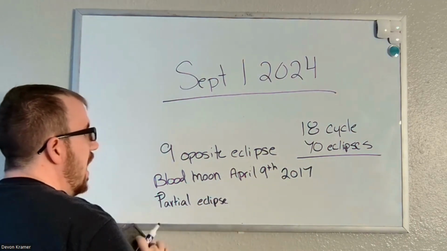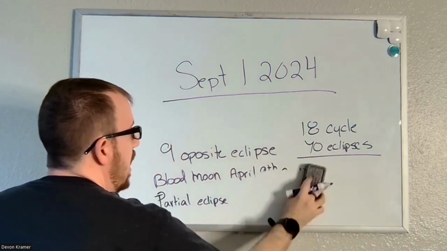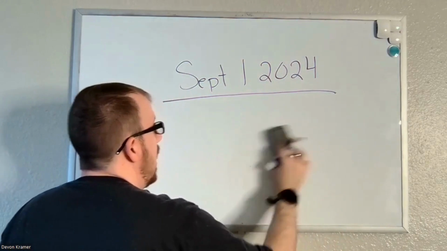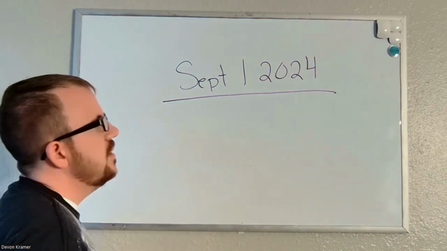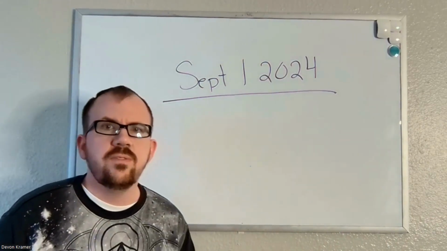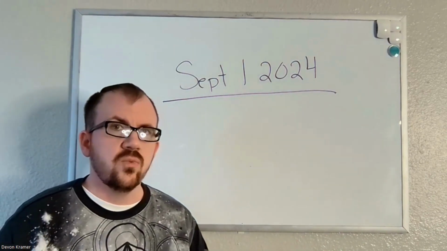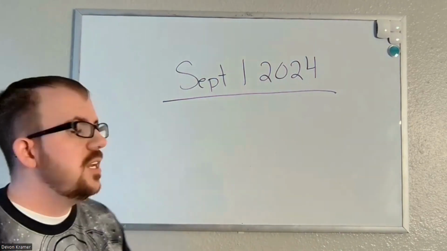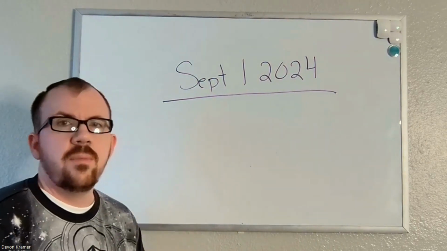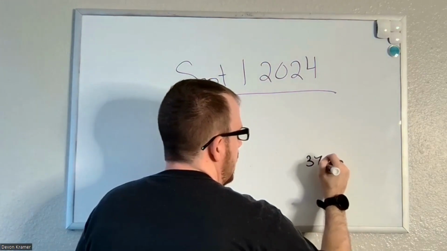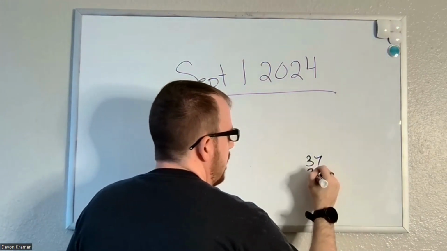Okay, so it's following a pattern of 9 and it's following a pattern of 18. Now again, these numbers are found in the Bible. You can study them. Look at the different descendants from Leah, look at the different descendants that are mentioned, look at Nebuchadnezzar's amount of time that he actually rules things. Look at Solomon. What you will see is this number 70 popping out quite often. And it's because, again, you're going to have 37 total eclipses and you're going to have